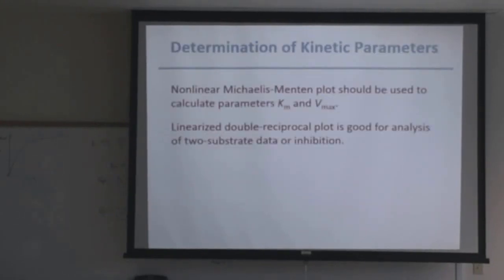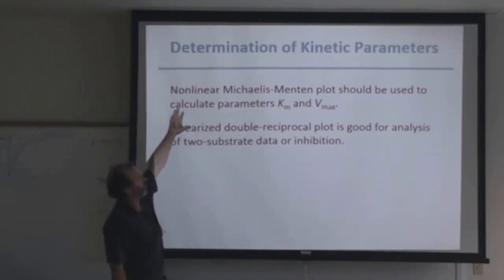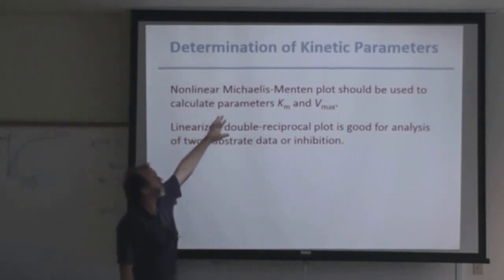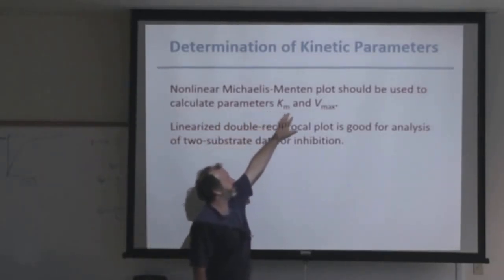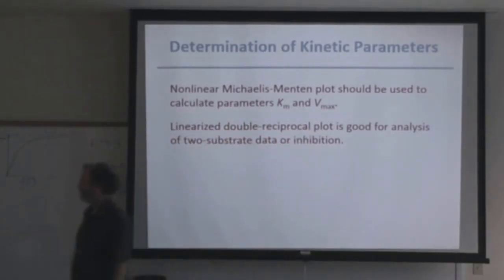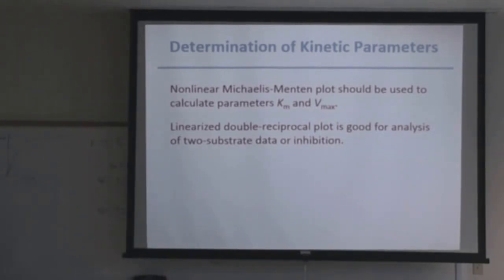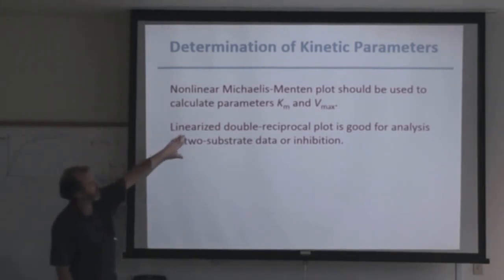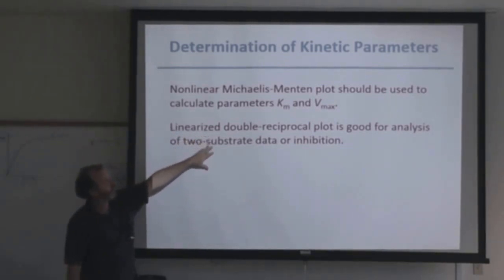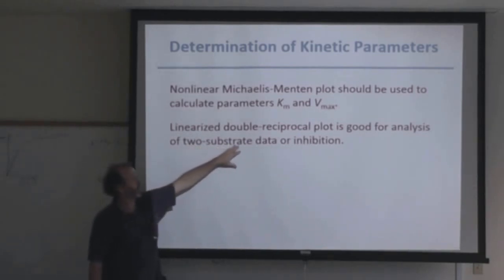So, determination of kinetic parameters. A nonlinear Michaelis-Menten plot should be used to calculate the parameters Km and Vmax. So you want to use a nonlinear plot. Typically what you do, though, is you linearize. A double reciprocal plot is good for analysis of two-substrate data or